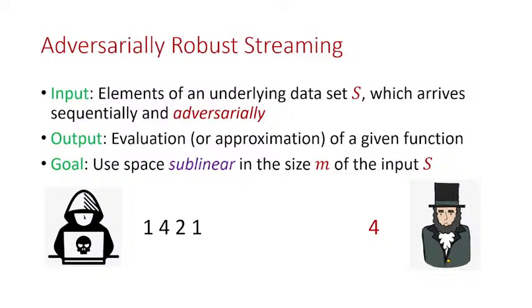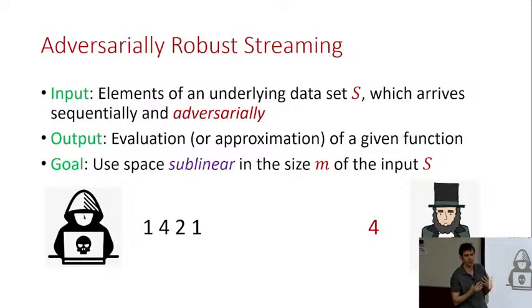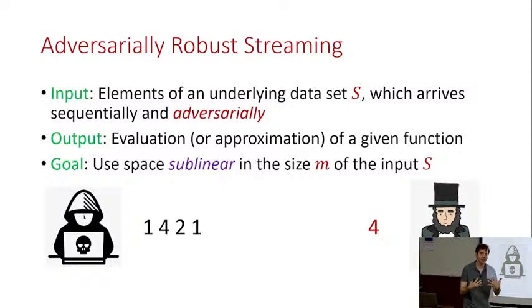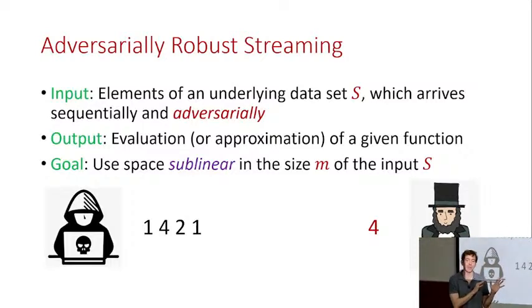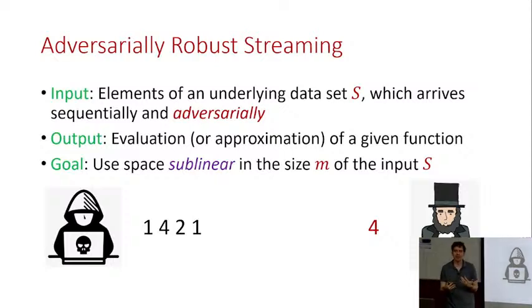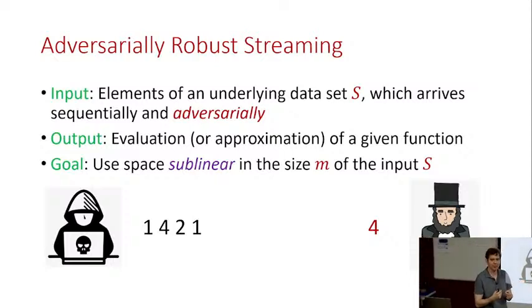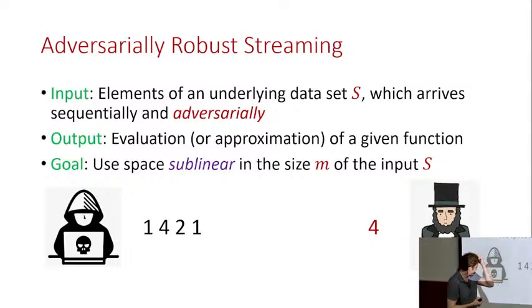Yeah? So does it get to see the algorithm's data structures, or only its output? So that's a great question. So there are 2 models here. We're going to focus on what's called the black box model, where it only sees the output of the streaming algorithm. There's also the white box model, which is studied, where you get to see the internal state of the streaming algorithm. Now, if you can see everything, including all of the randomness, then it actually does reduce to just having deterministic algorithms. But there are other intermediate models where the algorithm gets some fresh randomness at each step that's unknown to the adversary, and this helps you get non-trivial bounds for that model as well.